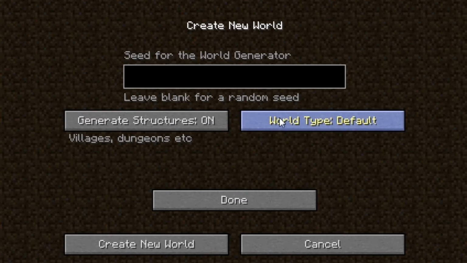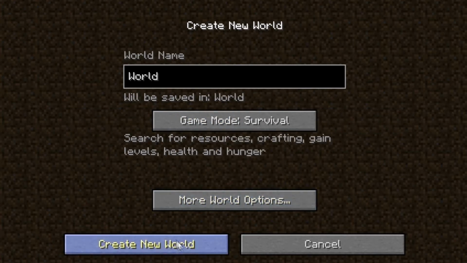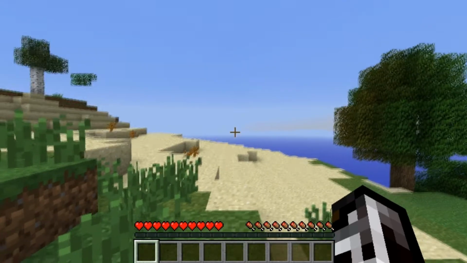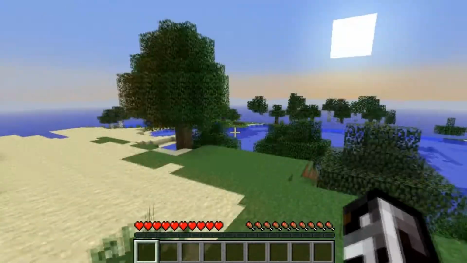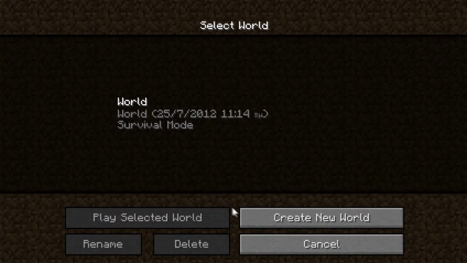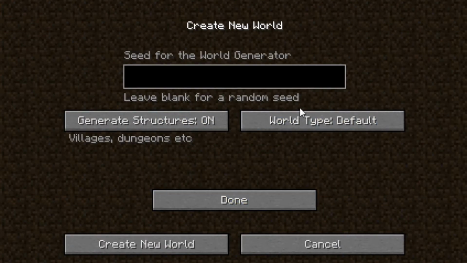So default is basically this. Here we go. I will create this world so you can see what default is. In a moment. Here, this is default, and then if I go again here and create a new world, which is the super flat,